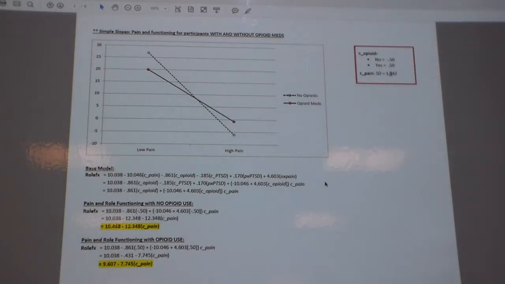So I can again do all this by hand. I don't need to use SPSS to do this, but I still want to know whether these both look statistically significant, right? And I know, because my interaction is statistically significant, I can say that these are reliably different, right? But maybe I want to get p-values because I want to report that, and maybe report effect sizes for the relation of pain and function. And so this ends up being a little bit different